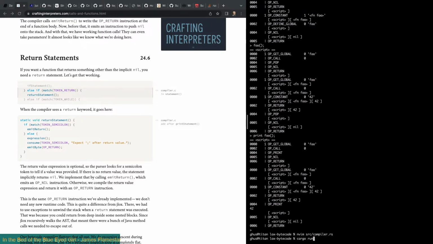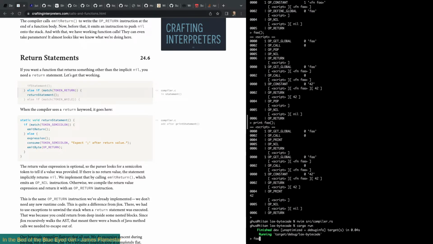For example, if I say cargo run, if I say fun foo x, and say if x equals 12, print it's 12, return 14, and then have some more statements here that do other things. Print it's not 12, and then return nothing, right?